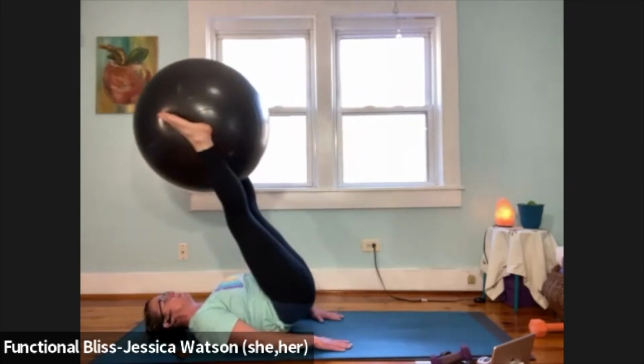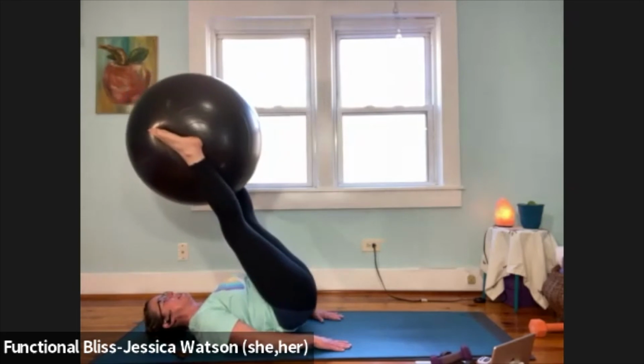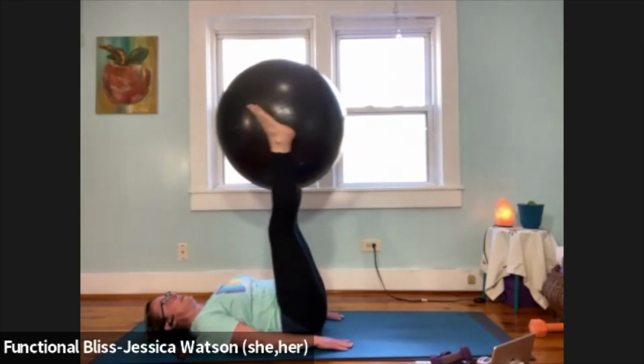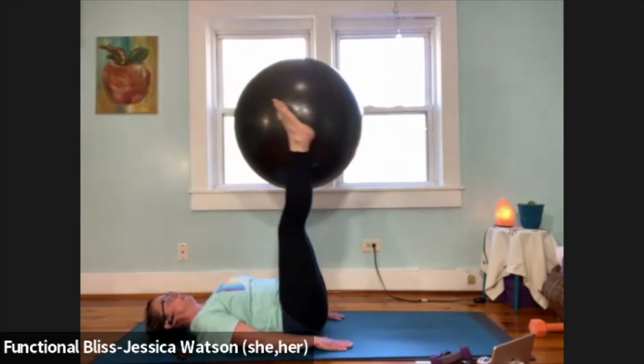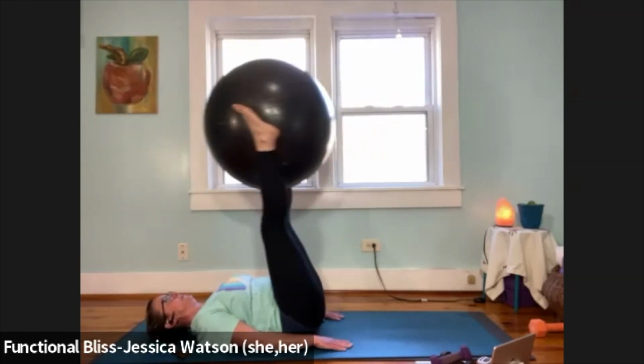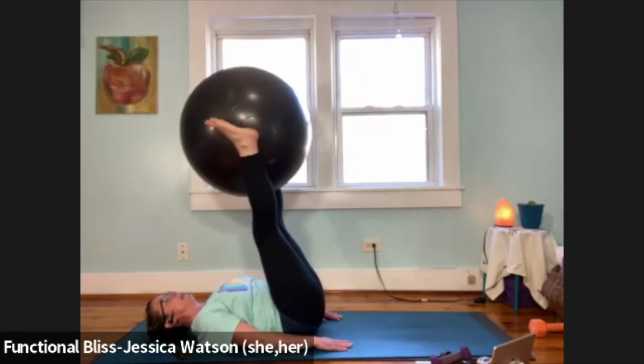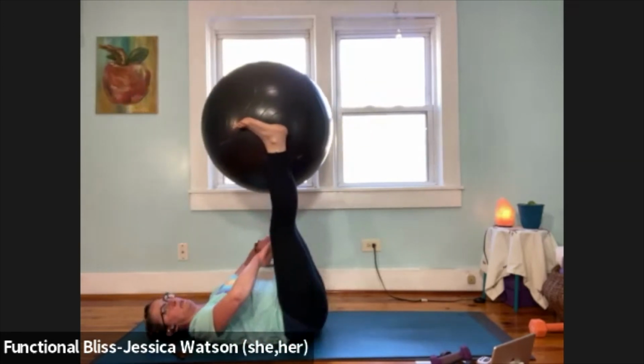Push the ball up towards the ceiling and release. Push the ball up and release. 4 more to go. Last one. We're going to keep that ball up in the air, a light engagement in the inner thighs, but